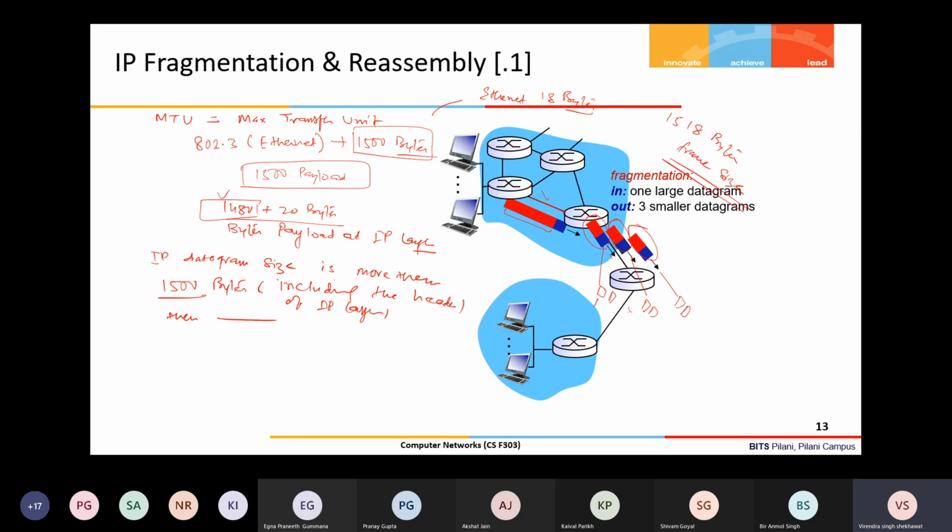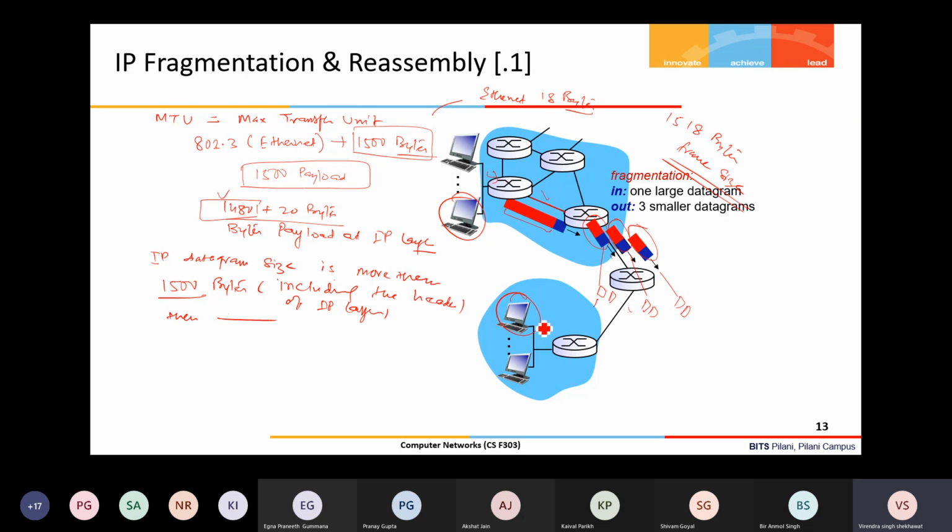Now, what is the problem actually? At the transport layer, the sender hands over this big segment to the IP layer, and the IP layer makes a datagram and sends it on the link. Now the receiver is expecting the same datagram size, right? The receiver is not expecting multiple datagrams.